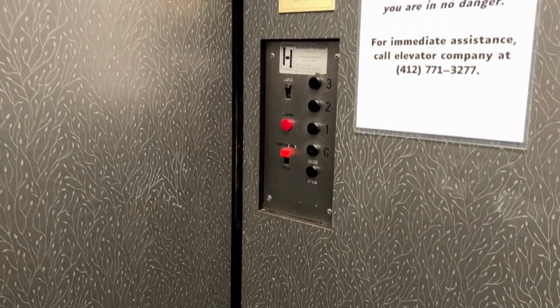It says all mod, but this elevator, I think they just replaced the operator and the number. The controller and the fixtures are all still original. It's really